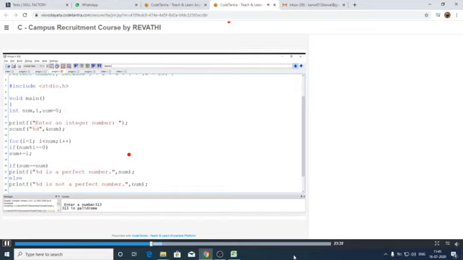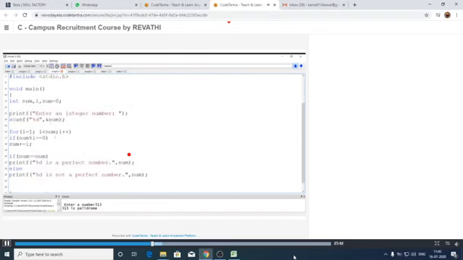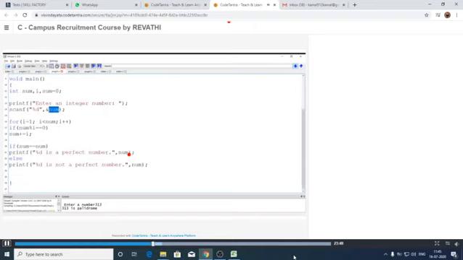Now read the values from the keyboard. Printf, enter an integer number. After that, it reads the number from the keyboard and stores it in the variable num. Whatever input value we have provided is stored in the variable num here. After that, it checks the condition in the for statement. Initially I is initialized with 1, then I less than num.